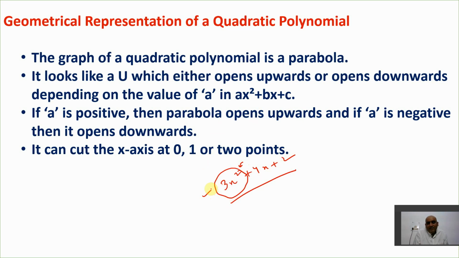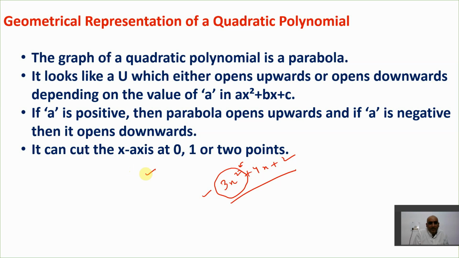So that means if the highest degree is 2, and if I look at the graph side, there must be 2 points which are touching the x-axis. Because just now we learned in the linear polynomial, where the degree is 1, that if the degree is 1 there is only one point which touches the x-axis. But now this is the quadratic polynomial, that means the degree is 2. So if the degree is 2, there must be 2 points which touch the x-axis.